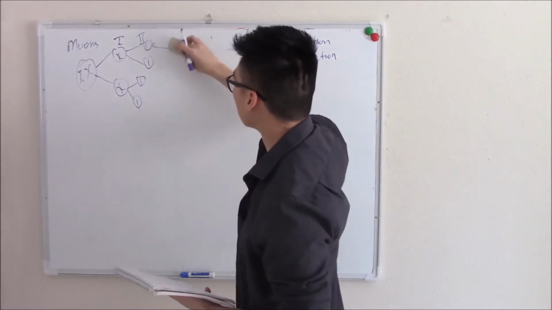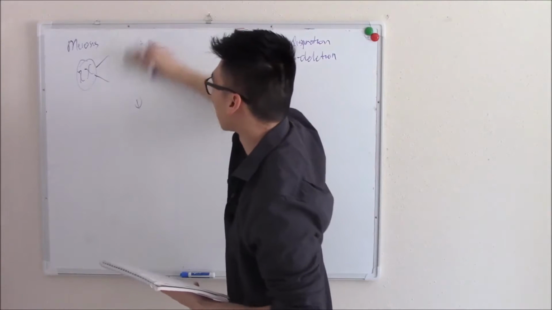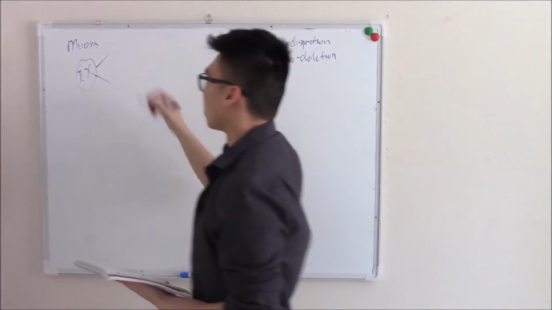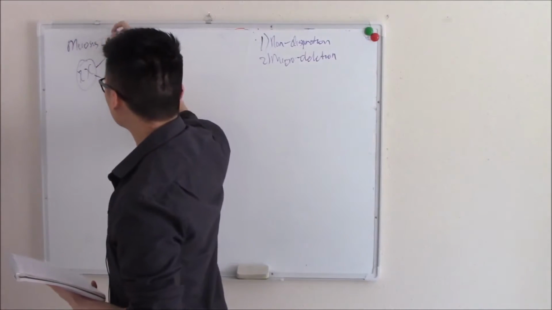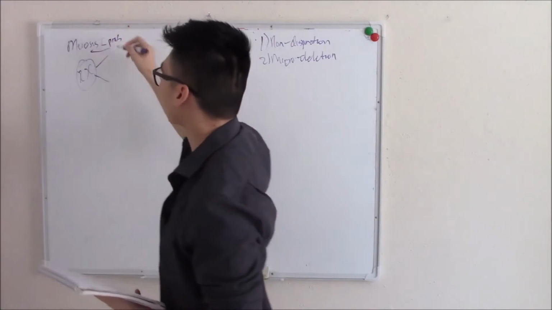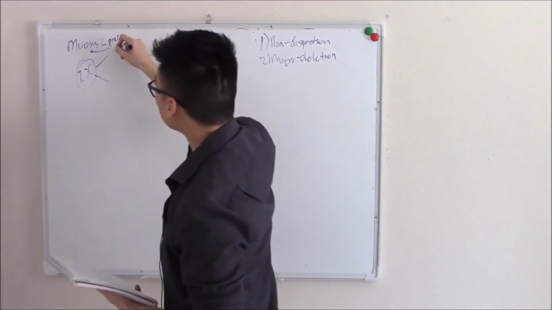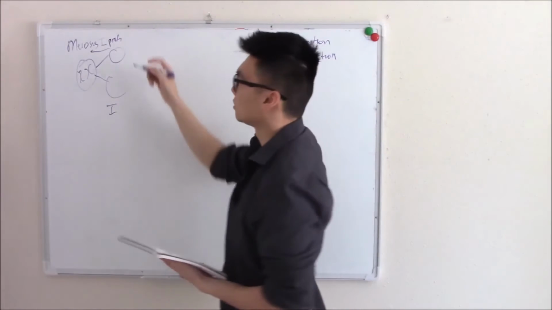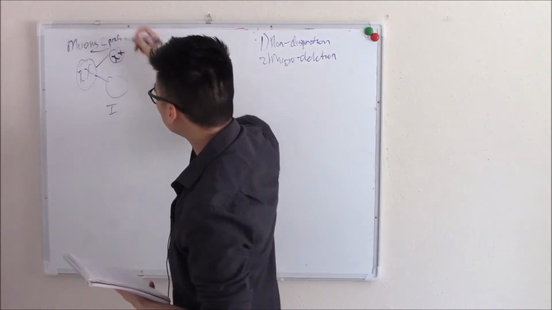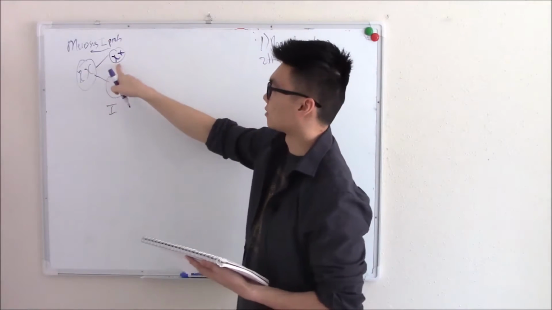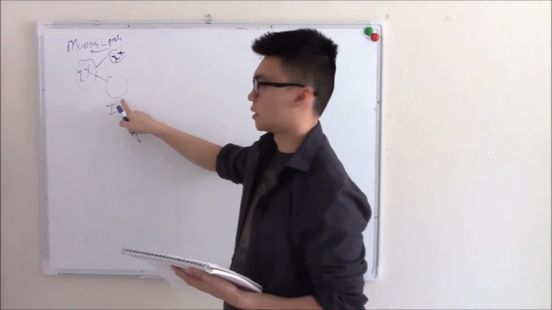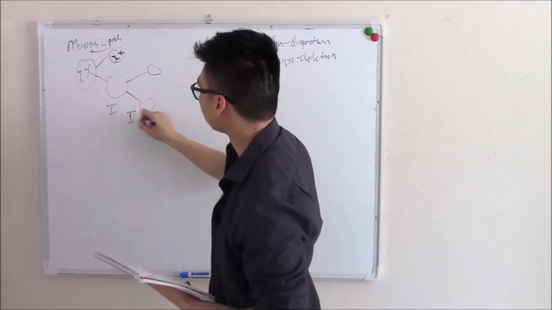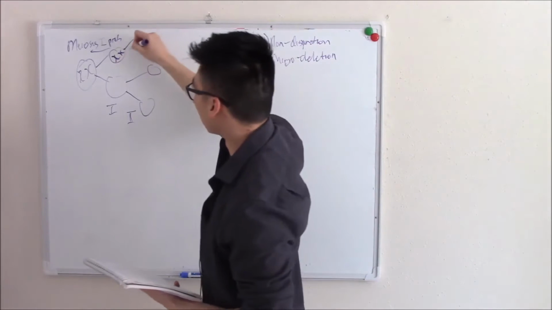Now in non-disjunction, you can have a problem with meiosis, either in meiosis 1 or in meiosis 2. Let's see what happens if there's a problem in meiosis 1. So this is meiosis 1 problem. So in meiosis 1, if there's a problem in non-disjunction in meiosis 1, then you don't get that split. So it stays stuck here. That means this cell will be empty. And this cell will go into meiosis 2 and make nothing. This cell will go into meiosis 2,